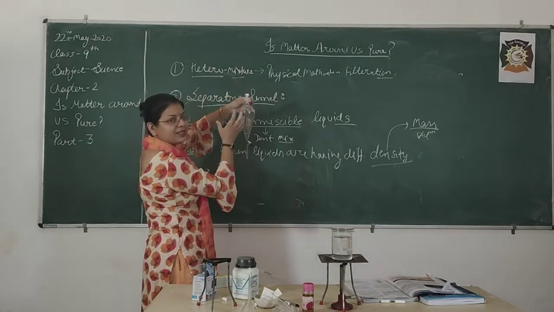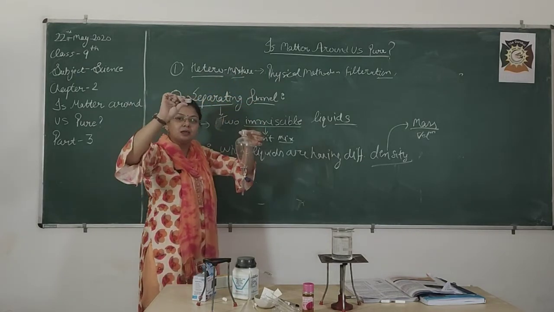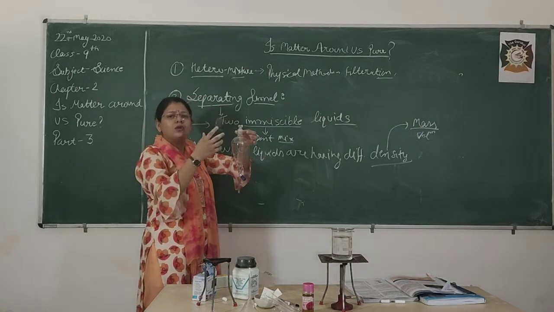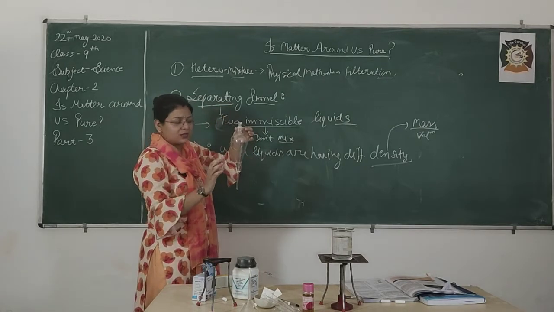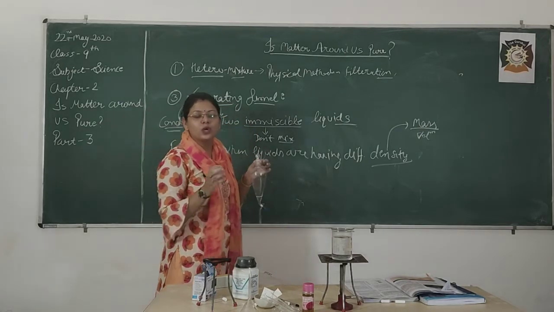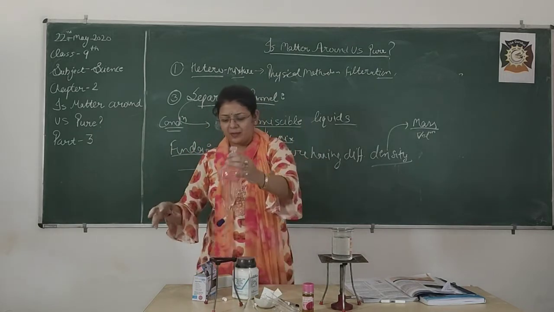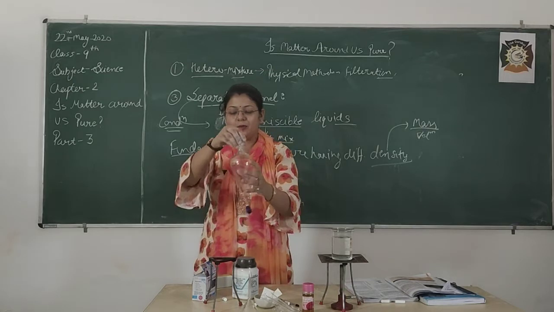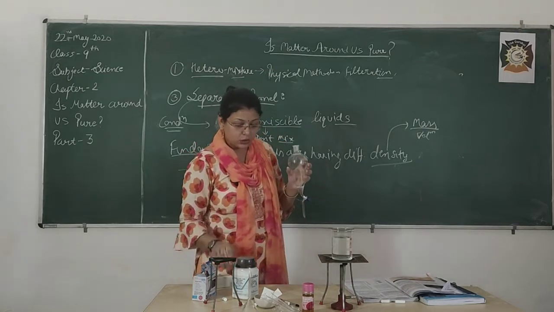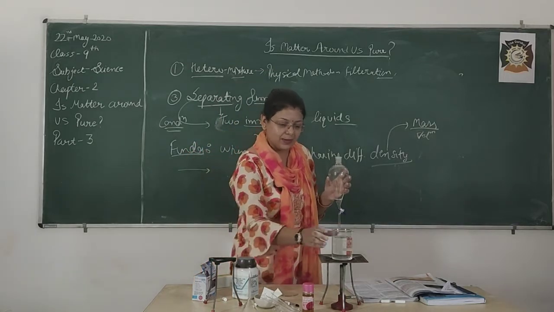So this is a separating funnel. This is its cork, or you can say a glass stopper, just to make sure that nothing enters the funnel. This is a tripod stand, just to make sure that I am able to hold it. So in this separating funnel, the two things we discussed: